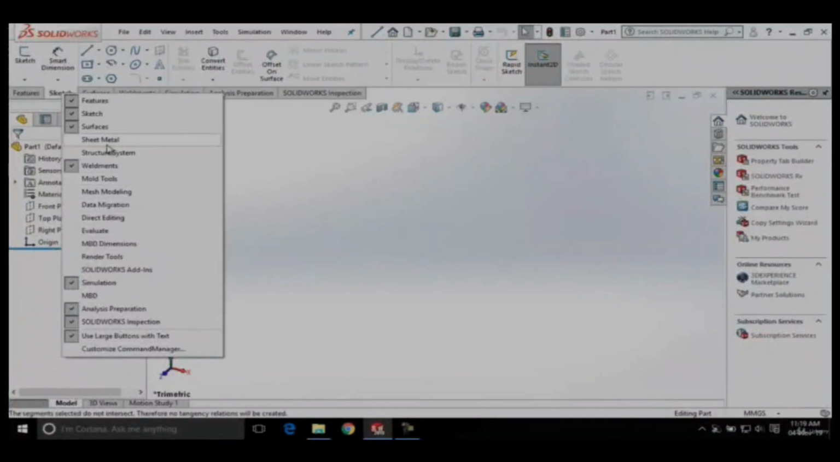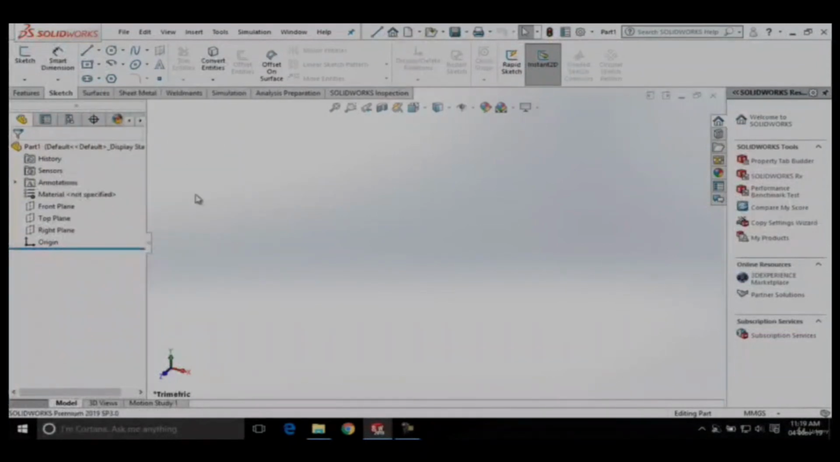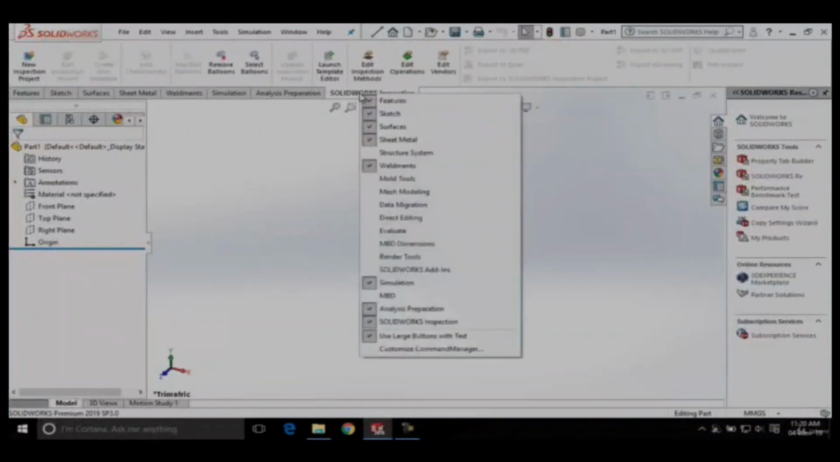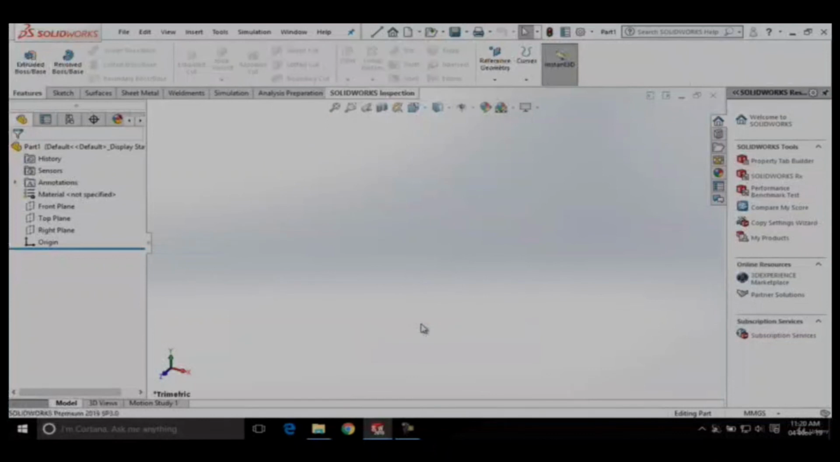From this fly-out, I want the Sheet Metal Command Manager to be displayed here. So I will simply click on the Sheet Metal option. Here you can see the Command Manager is added to the display area. Let us say that I don't want the SolidWorks Inspection Command Manager to be displayed on the screen. I will click on the Command Manager and uncheck the SolidWorks Inspection option here. By clicking it,